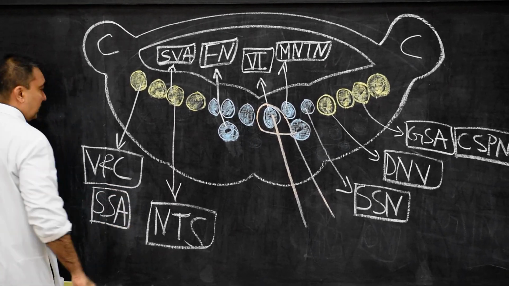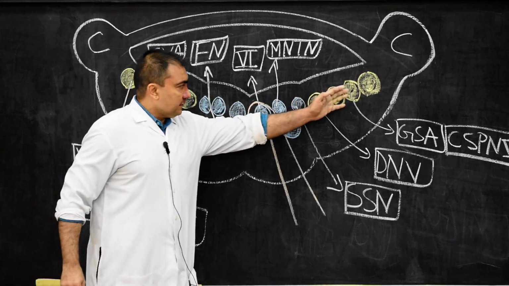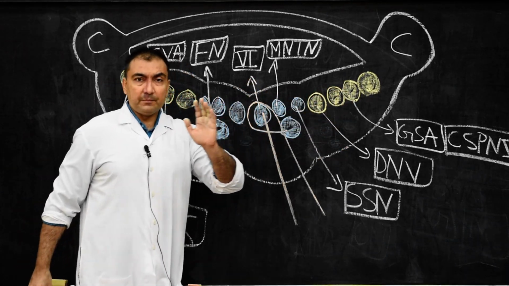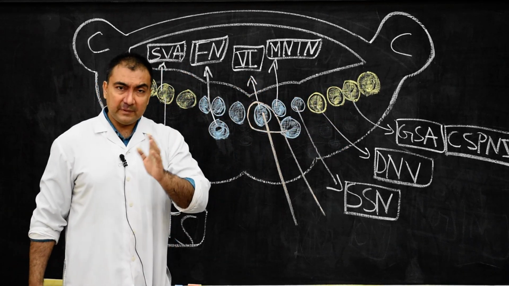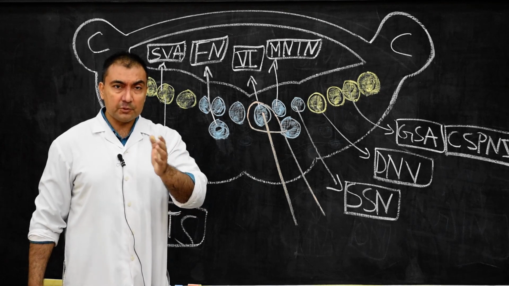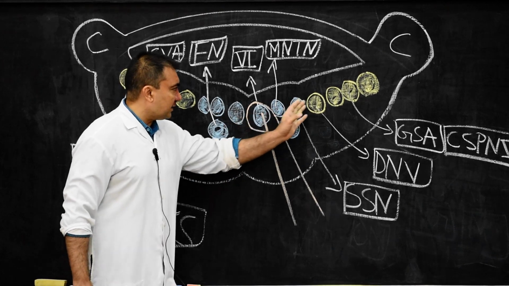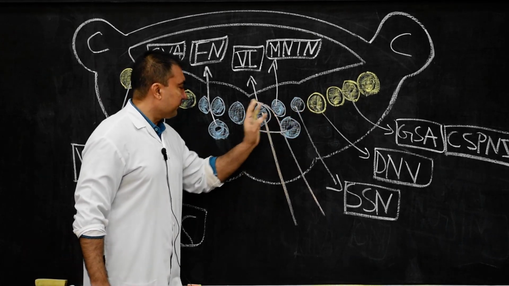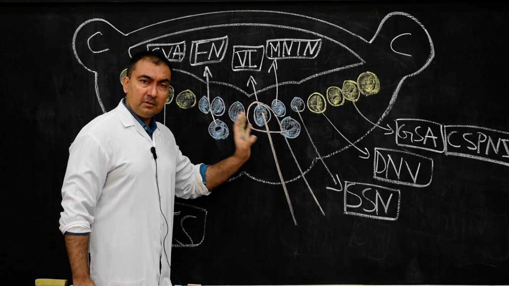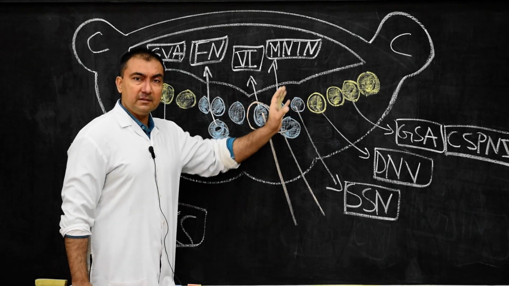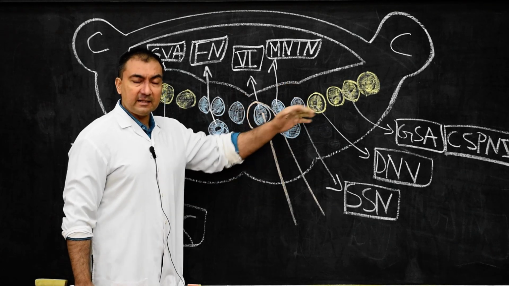So here, all the nuclei which are developing in the ventral portion of the metencephalon, because the ventral portion of the metencephalon will lead to development of pons, are developed in such a way that we have utilized all the functional components from medial to lateral, in the basal lamina and the alar lamina.